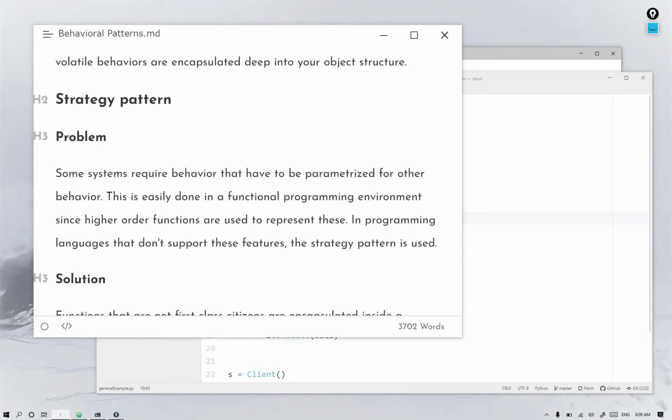Some systems require behavior that has to be parameterized for other behavior. And this specific mechanism is easily done in functional programming environments, since higher order functions are used to represent these. If you remember when we talked about Haskell, higher order functions are functions that can either accept functions as parameters, return functions as parameters, or both. But we're focusing on one of the aspects of higher order functions here, which is its capability to accept functions